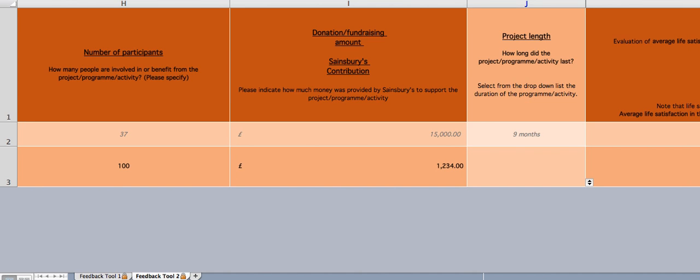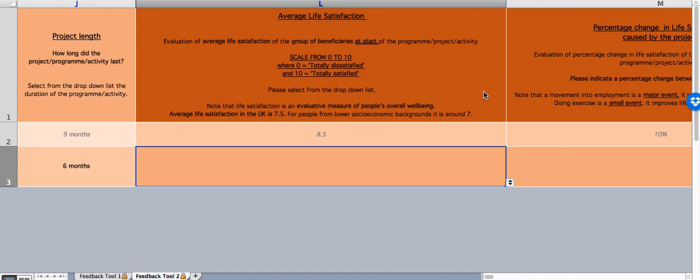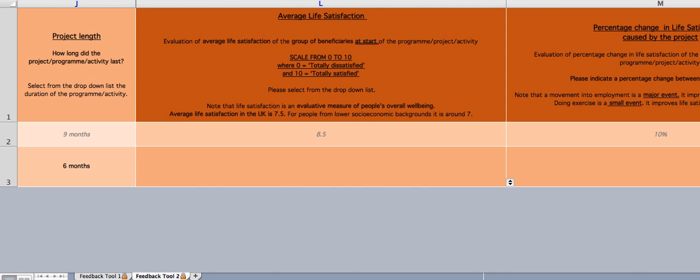You can select anything from a day up to 12 months, across the year. So let's say that this was a 6-month project, for example. Next we go to the right, and now we want you to evaluate for the whole group the average life